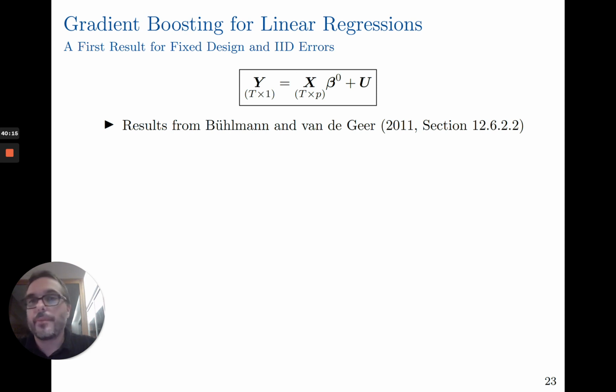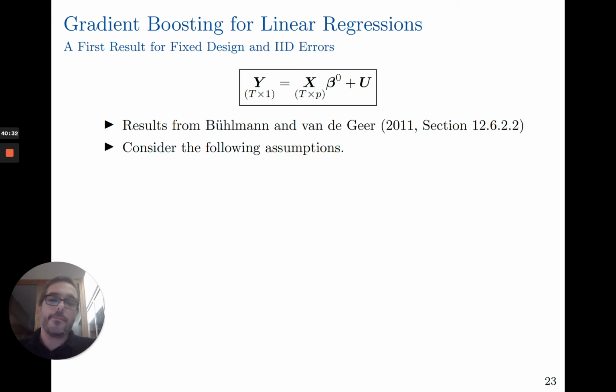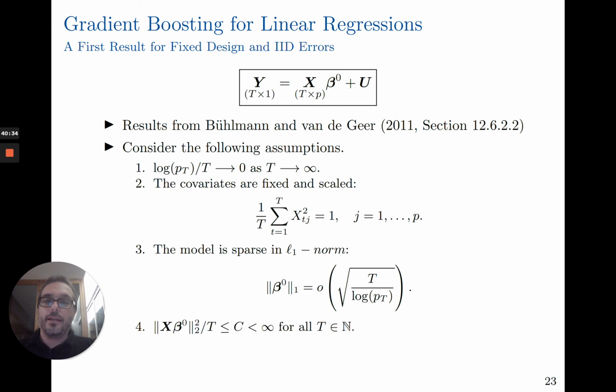Some theory. Unfortunately, there's not much theory for dependent data, and I'm going to go very briefly here. We can derive some bounds if we have IID data with fixed regressors. Basically, what can be shown, if we have some assumptions on how the variables grow, and if we fix the covariates and normalize them, so that 1 over T times the sum of x_tj squared equals 1,